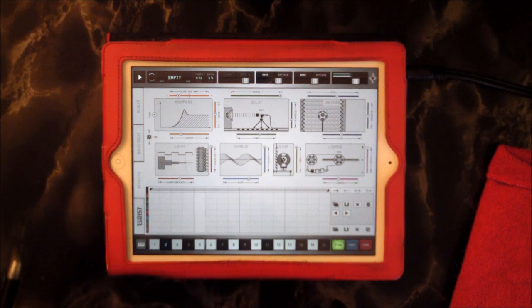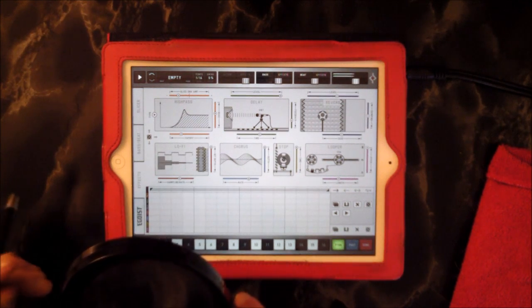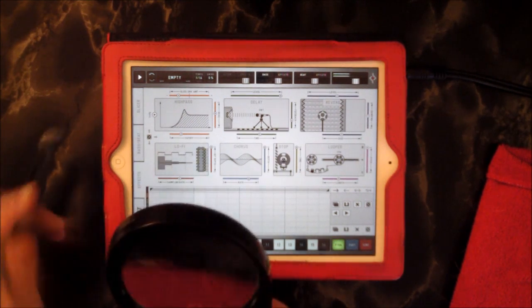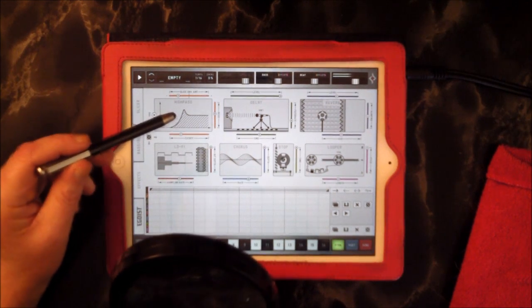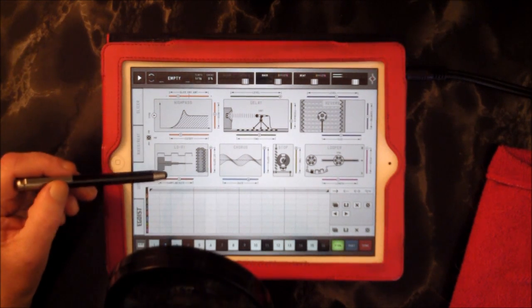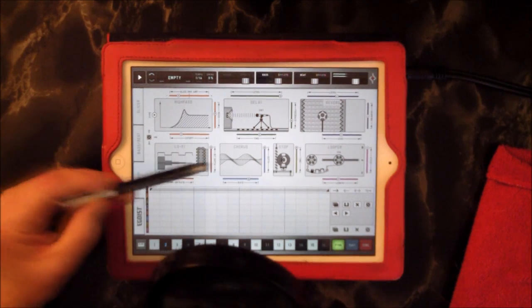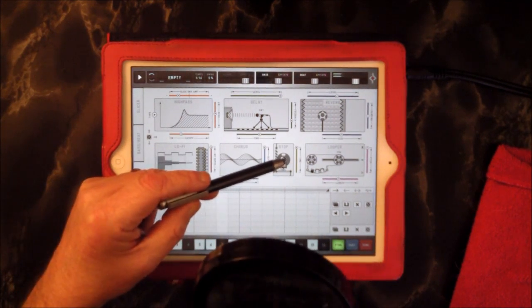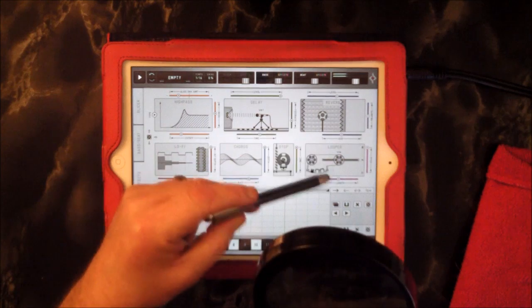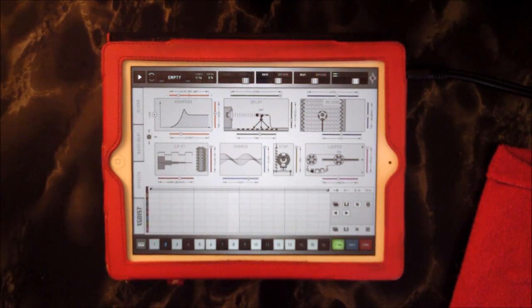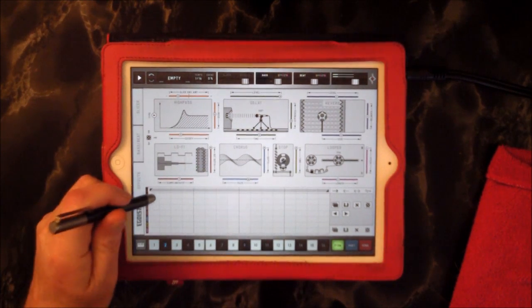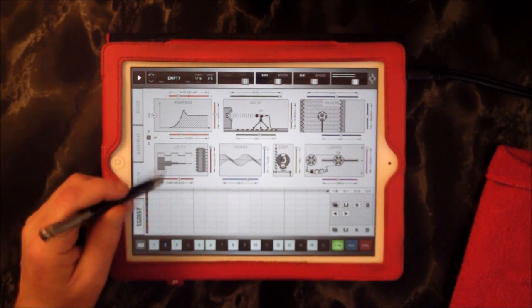I can't read this at all. So the first one is filter. We have a filter here, a lo-fi effect, a nice chorus, a great tape stop effect, a delay, a reverb and a looper. Okay, so the first one is filter. So if I apply effects over this first portion of the bar, the first beat,